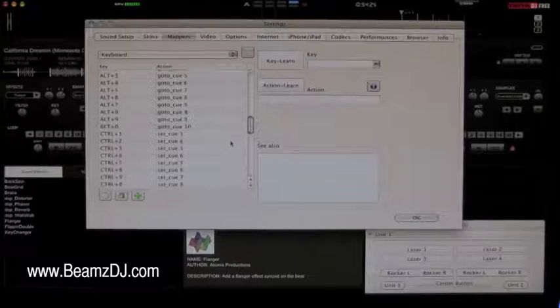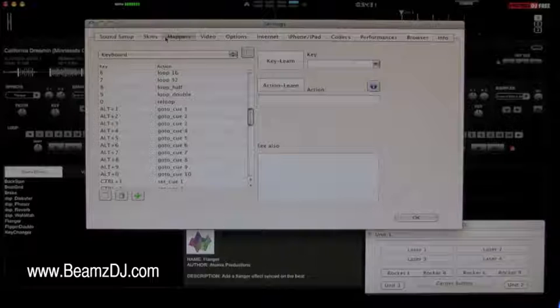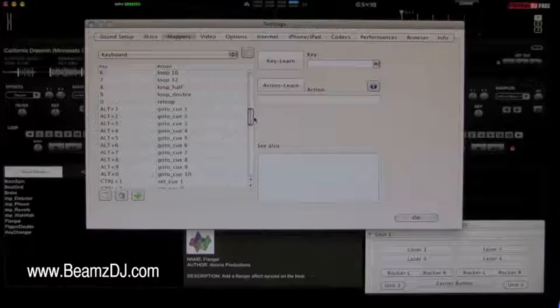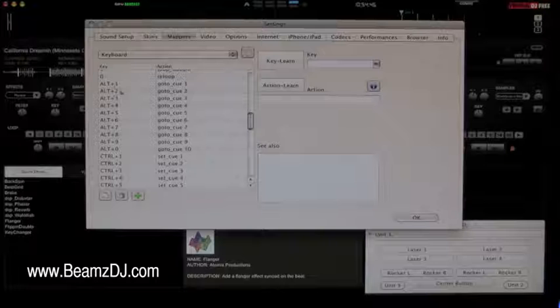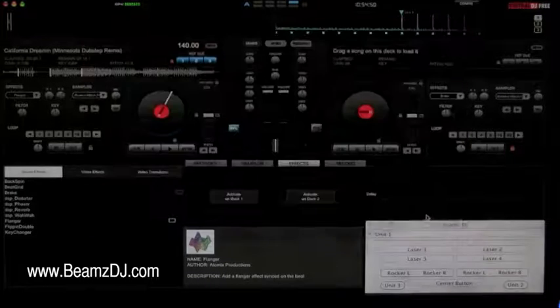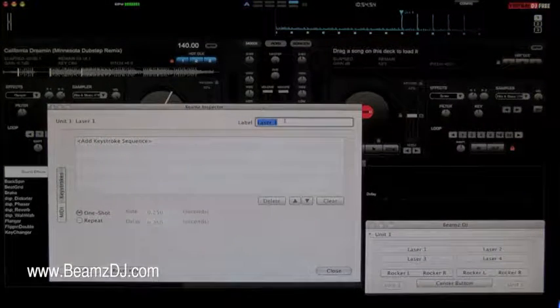So what I'm going to do here is go and look to the Go To Cues options in the mapping section of Virtual DJ. You can see here Alt plus 1, Alt plus 2, Alt plus 3. Those are all the cue points throughout the songs that you can create on your own in your own timing. So here we know we've got Alt 1, Alt 2, and Alt 3 for cue points 1, 2, and 3. So we'll close this, go in BEAMZ DJ, laser 1 we'll do as cue point 1,